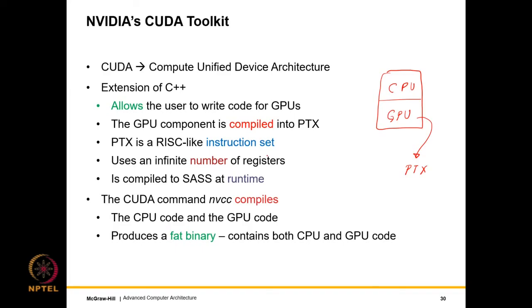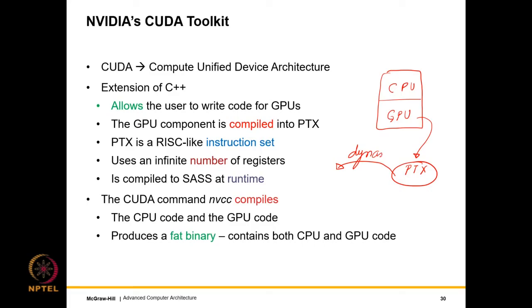One advantage of this is that, let's say there is a piece of code with a lot of intellectual property in it, we don't want to release the code, right? So we would like to compile it to an intermediate language such that the original code is not recoverable, and then we release it so that users can run it. But the point is that there are different kinds of GPUs with different sizes: small GPUs, bigger GPUs, fewer cores, more cores, and so on. So there's a need for dynamic recompilation.